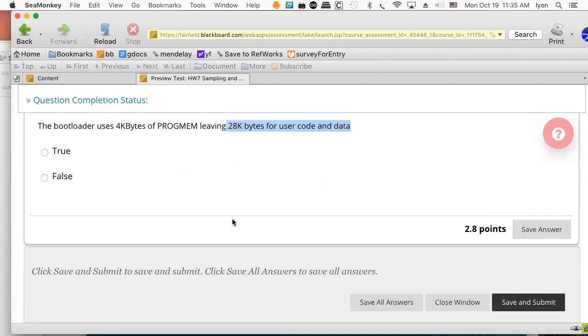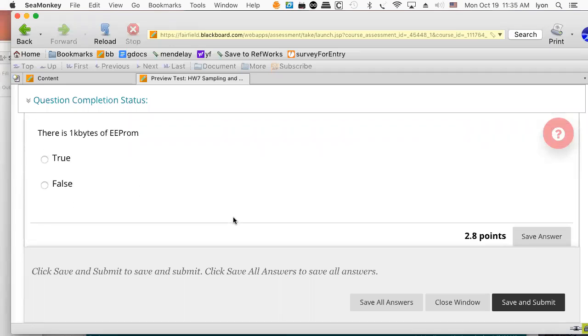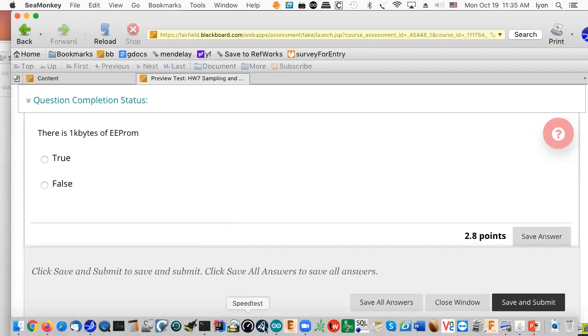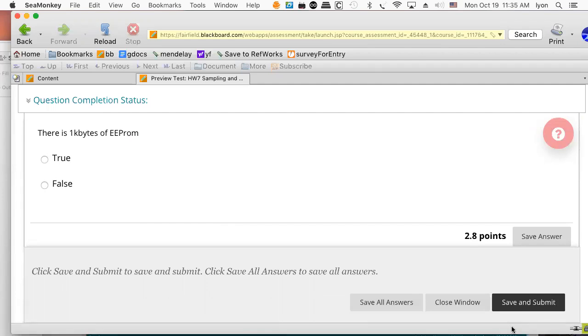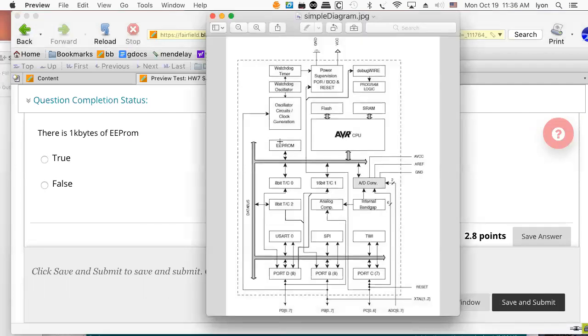Yeah. So that looks like a true statement. Program memory. And we're going to use program memory. And then there's this other thing called double EEPROM. There it is. So there's your double EEPROM right over through here. That's separate from flash, separate from static RAM, and we can store data over in there that might last for